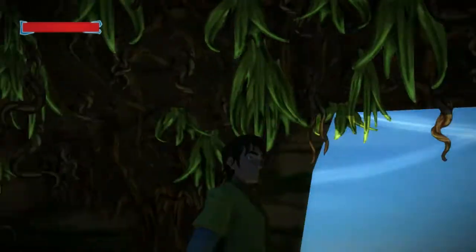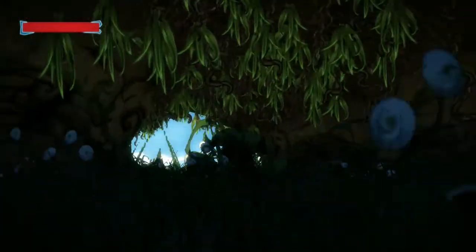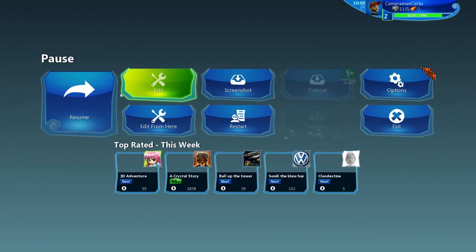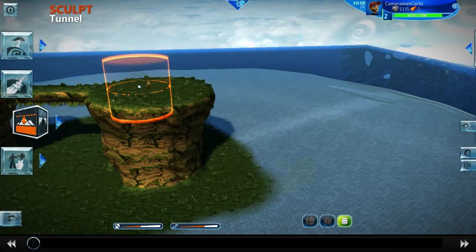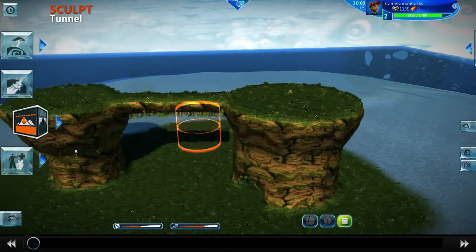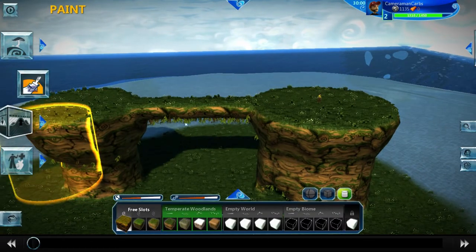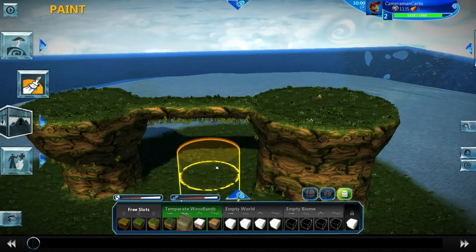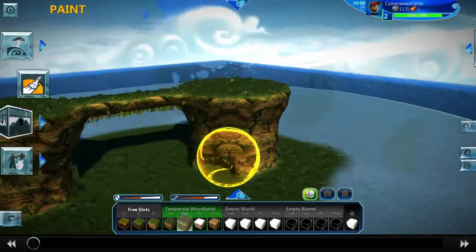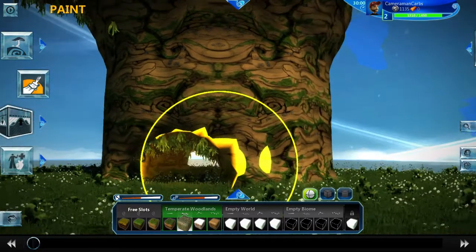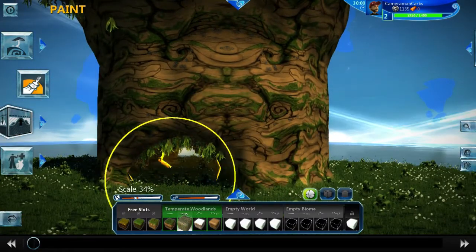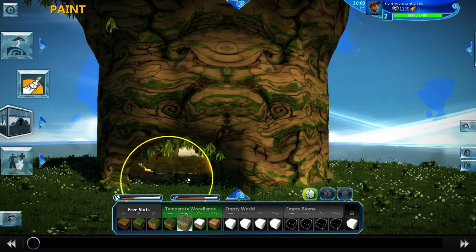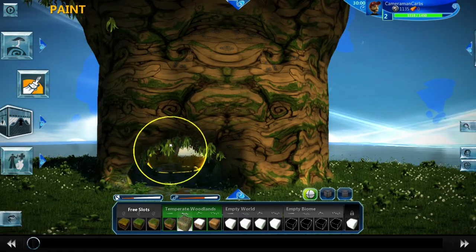Now, if we want to get rid of this grass up here, we can. Maybe put kind of like a cave texture in here. That'd be kind of nifty. Let's go ahead and do that. Alright, so if we go into our paint again, and there's textures here. This is kind of a cavey looking one. Go down into our cave here. It's a little difficult to get in there sometimes. Bring this down. We'll just kind of paint this on the ground,